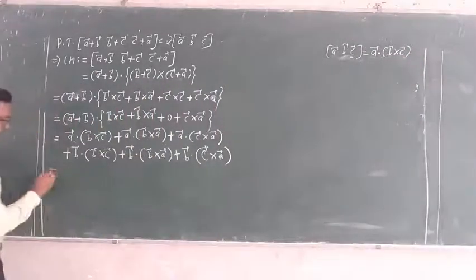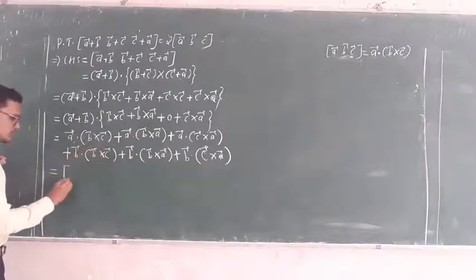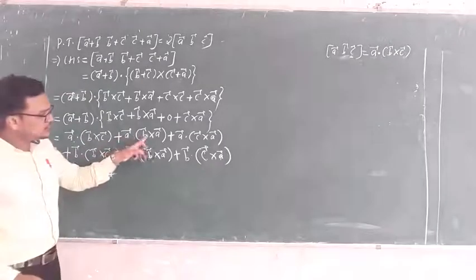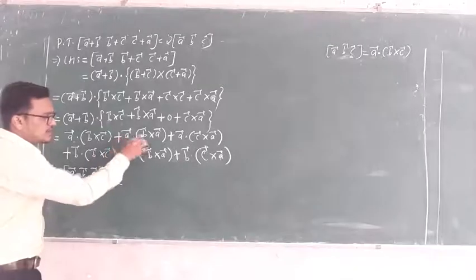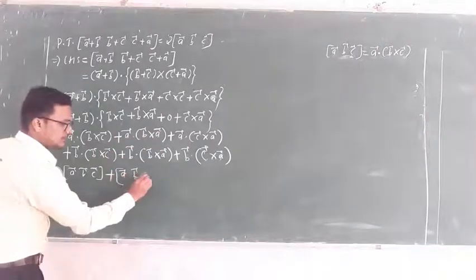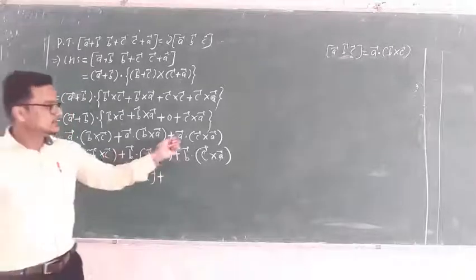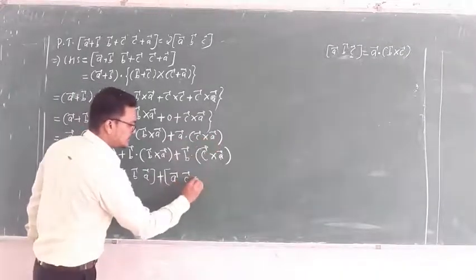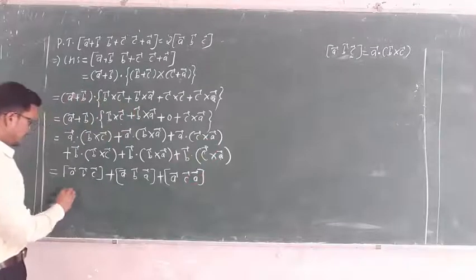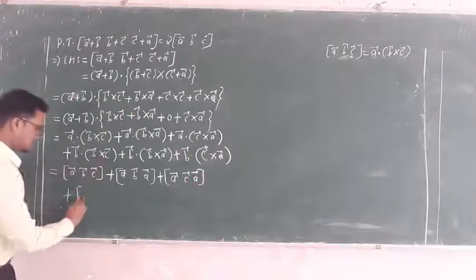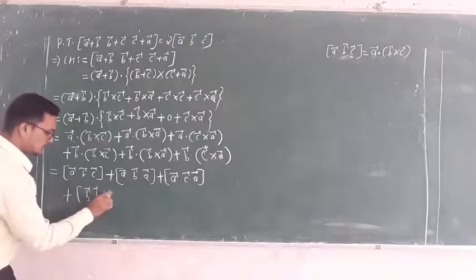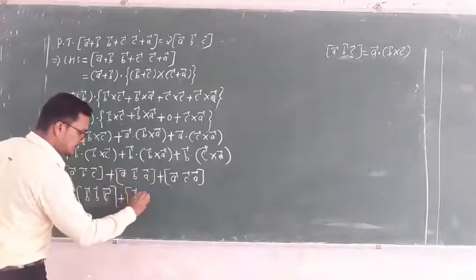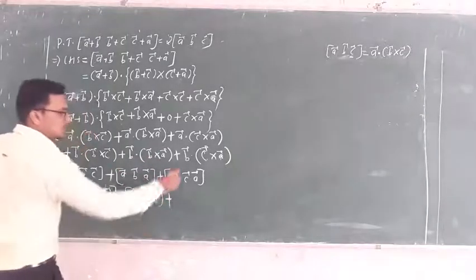Which is equal to A dot B cross C, which means the square bracket of A, B, C, plus A dot B cross A, which means the square bracket of A, B, A, plus A dot C cross A, which can be written as the square bracket of A, C, A, plus the square bracket of B, B, C, plus the square bracket of B, B, A, plus the square bracket of B, C, A,